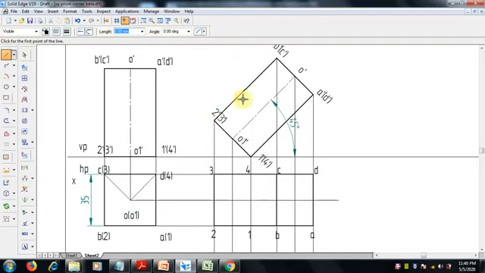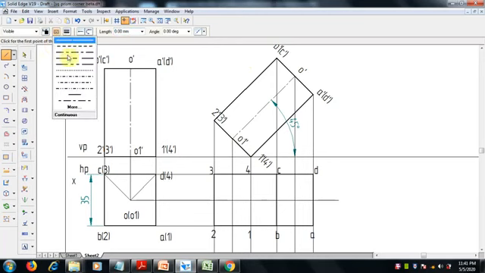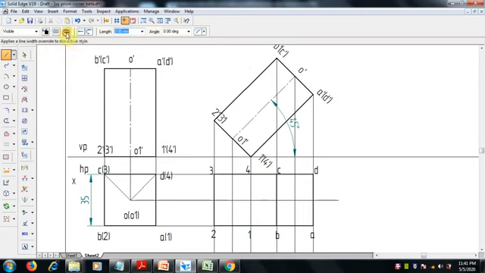From the top, we cannot see this 1 4 line, so select hidden line 0.5 mm thickness and join 1 and 4. So this is the hidden line which was behind this. Okay, this is now over.